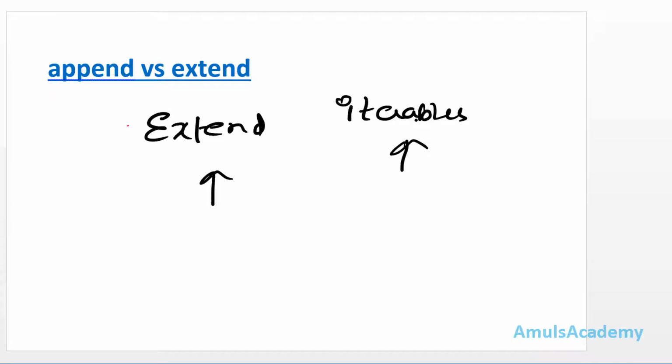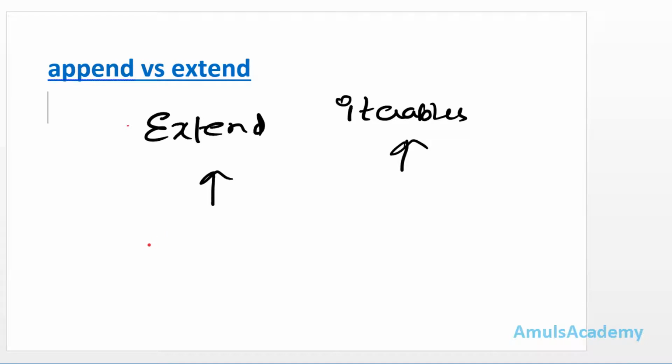We already discussed iterables in our video series, so if you want, you can go and check. For now, just remember that iterables are nothing but anything that can be looped over, or we can say anything which is present at the right of the for loop.